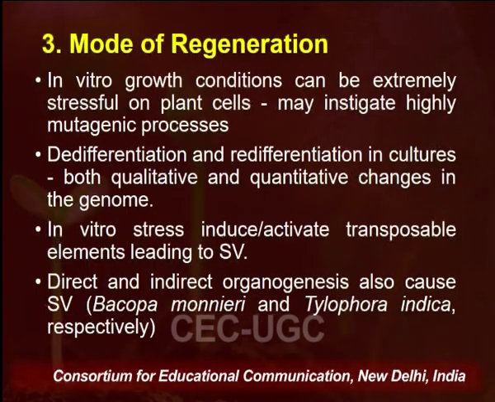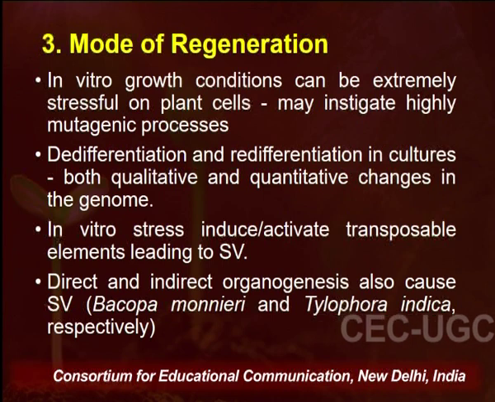Now, in vitro growth conditions can be extremely stressful for plant cells, because we are basically separating the explant material from a plant which is growing under normal conditions, and then exposing that explant material to the artificial conditions maintained during tissue culture. So there is a lot of physiological stress on those cells. Such stress leads to certain mutagenic processes in the cell, which eventually lead to somaclonal variations